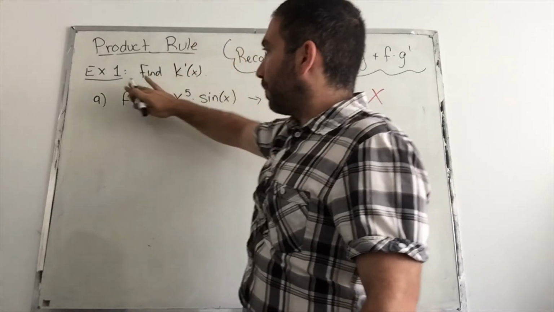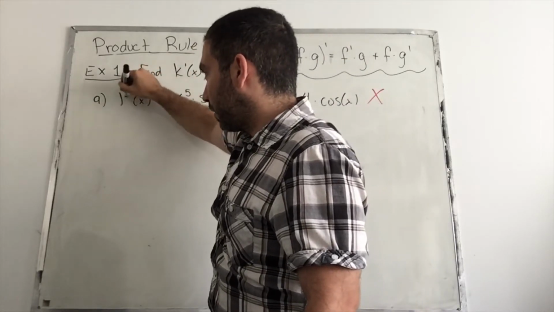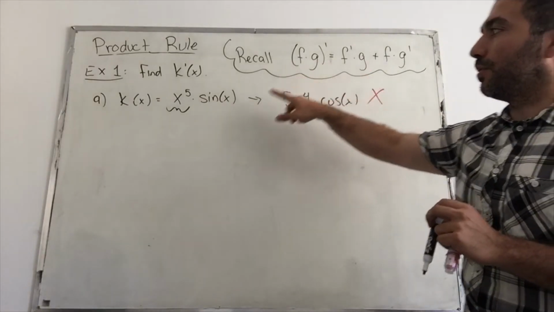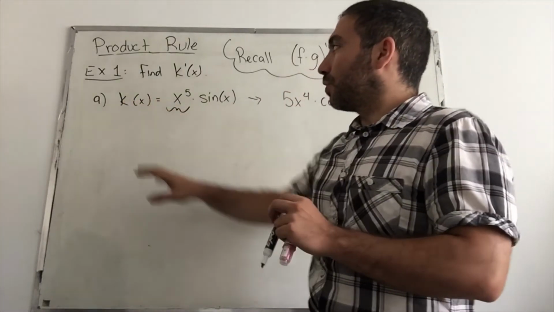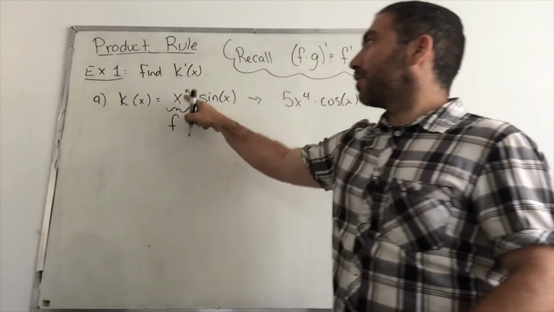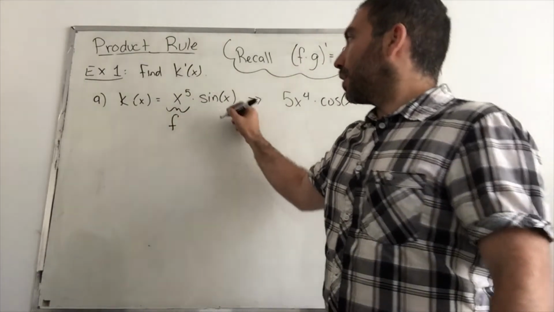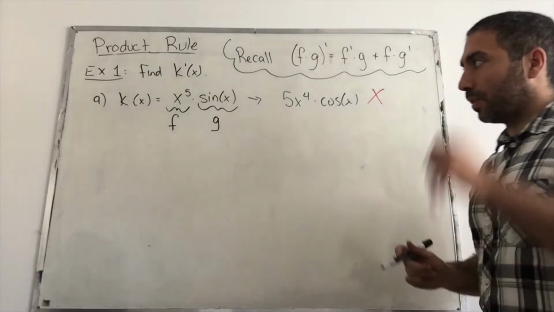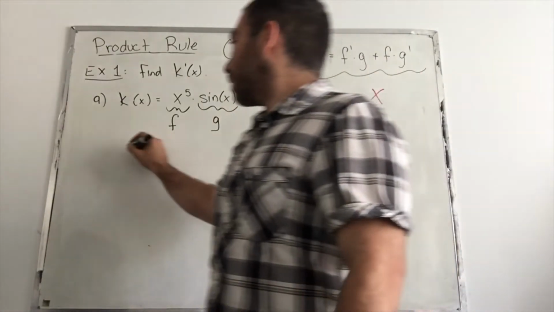This is k prime, this is k. Let's call this k of x. Just because I'm using f here, I don't want to use f with two different meanings. So if this whole thing is k of x, let's call this piece here, the x to the 5, our f, and let's call sine of x our g. So if you're looking for k prime of x,